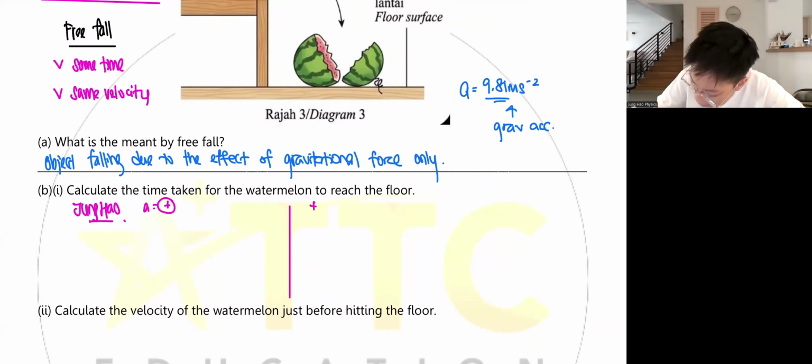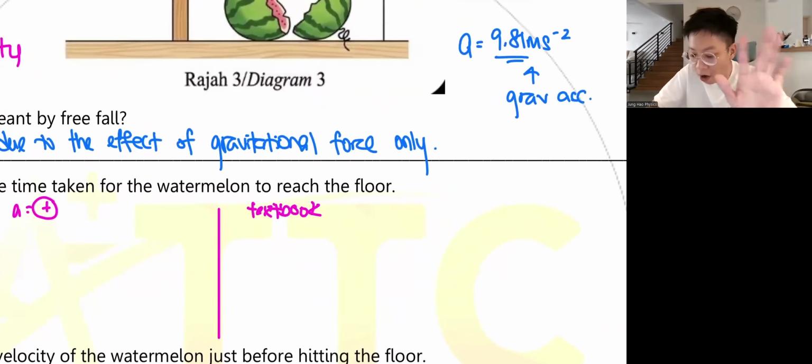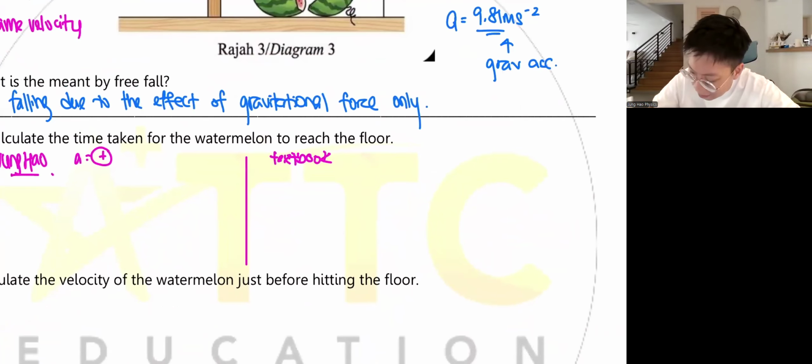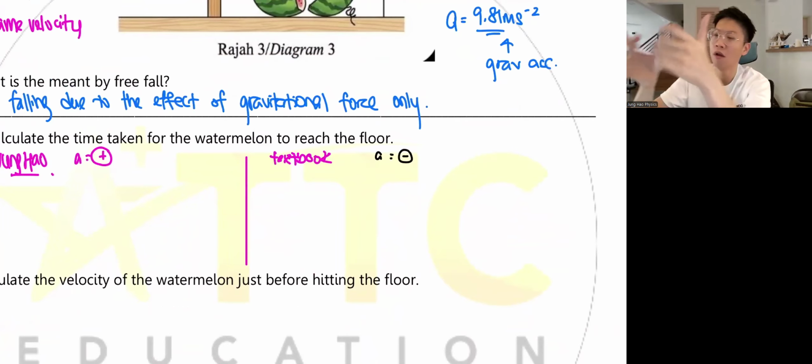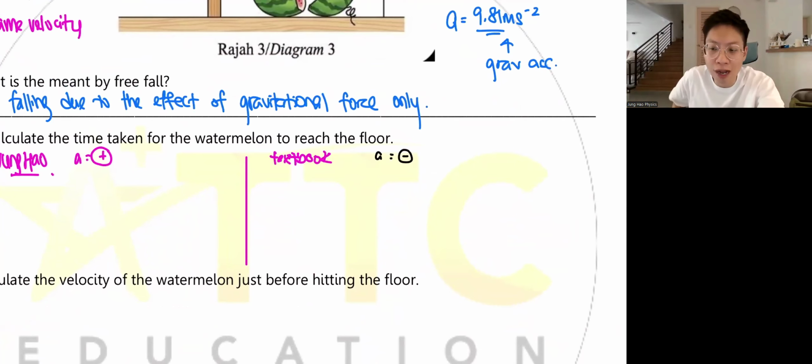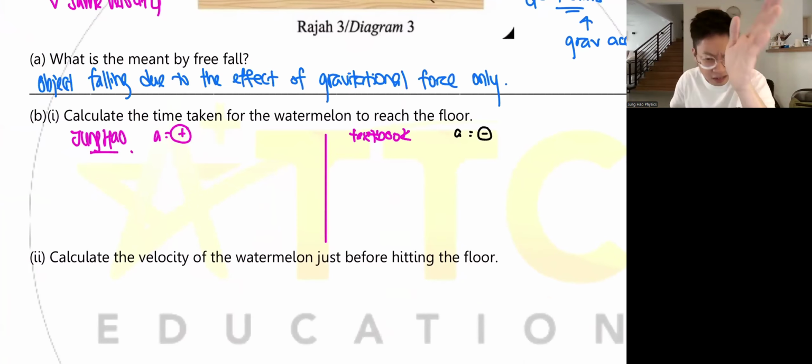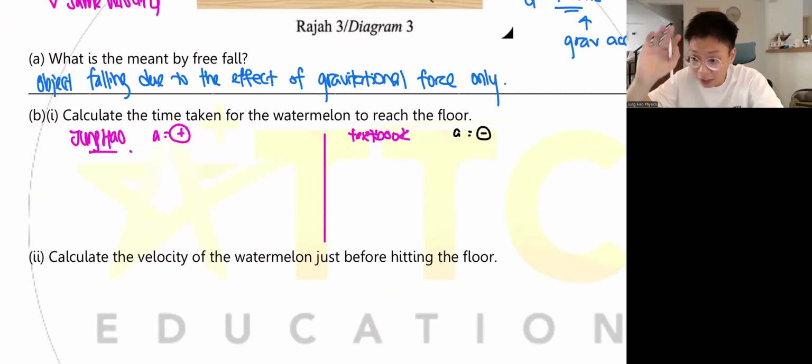Okay, if you follow the textbook, to be honest, guys, if you ask me which is better, I think that the textbook is better. Of course, it's the textbook, right? But the textbook method makes it easier for you to get careless. So if you can learn the textbook method, good. But if you don't understand the textbook method, you can use the JUNGHAO method first, then you slowly improve. Yes, correct, right, Jing En? I agree. The textbook is a bit confusing. Okay, let me explain to you why the JUNGHAO method still works. But once you learn the JUNGHAO method, then you can slowly upgrade yourself to the textbook method.